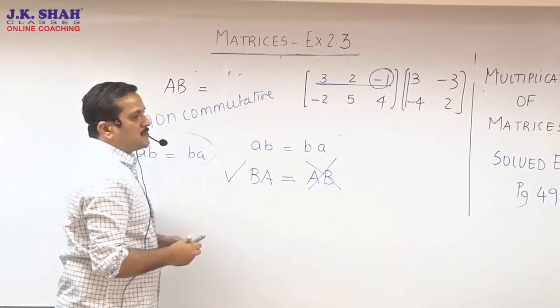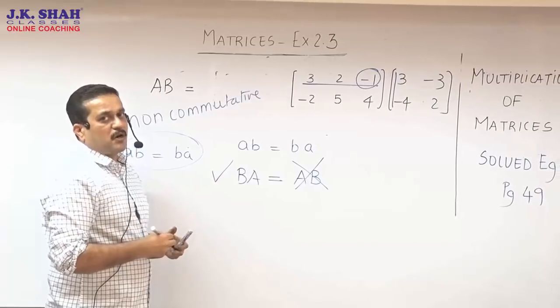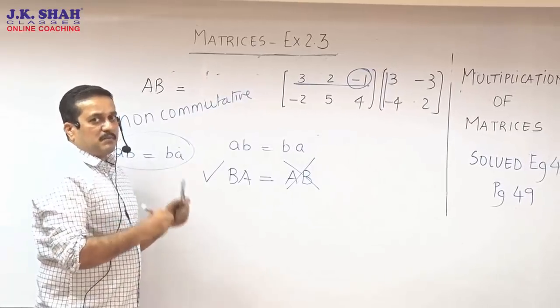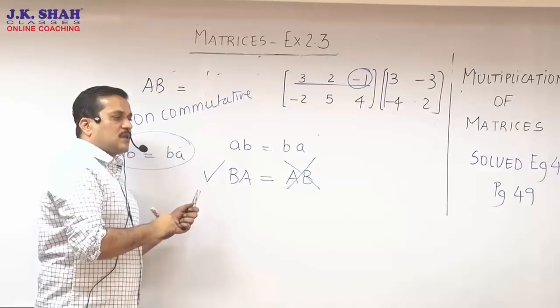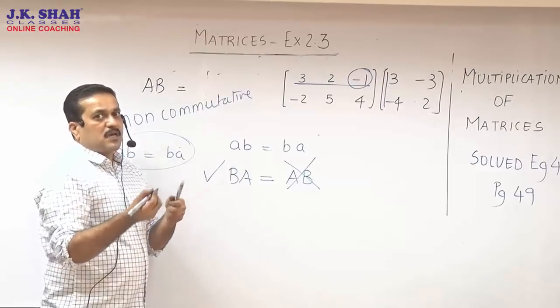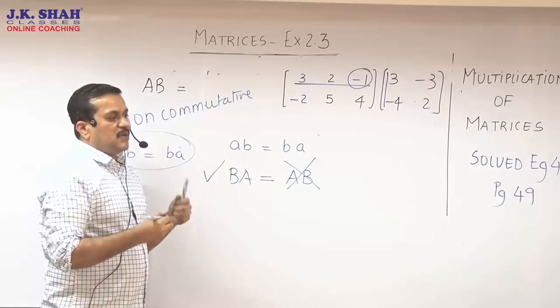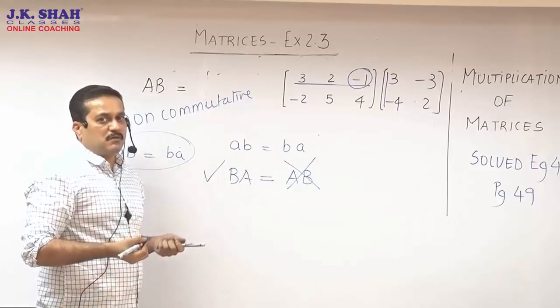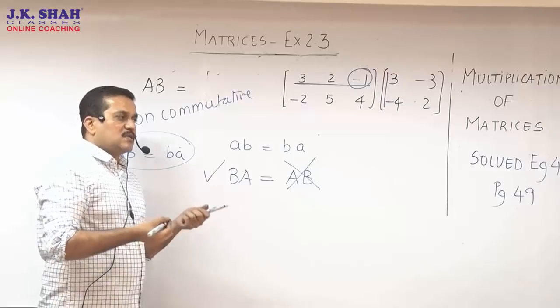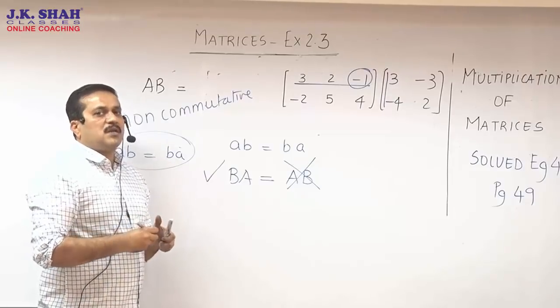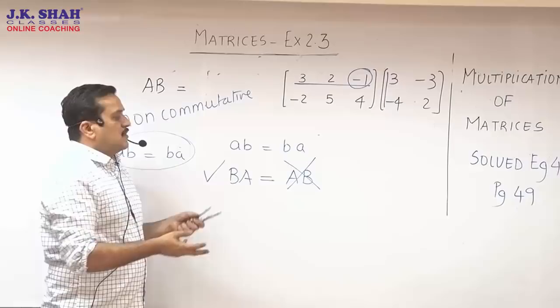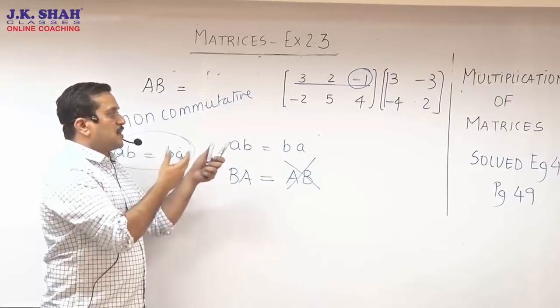Later on in the sums, we may need this property of matrices. So please remember, in matrix multiplication, AB होता, BA नहीं होता, BA होता, AB नहीं होता, दोनों होता, maybe they are not equal. So in general, we do happen to say in matrix, AB is not equal to BA. There are cases where AB may be equal to BA, but in general, AB is not equal to BA. One may exist, one may not, as we saw in this case.